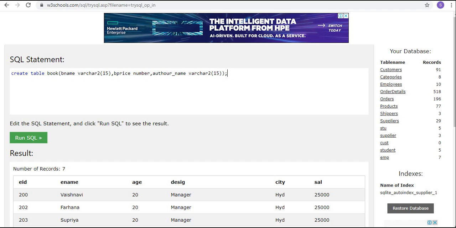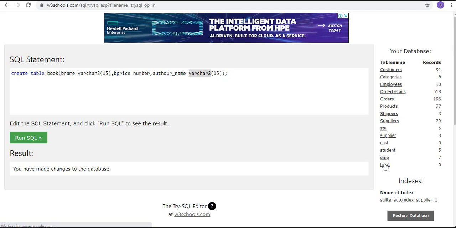So once you write create table name, then you have to write the column name and type, column name and type, and so on. You have to go with all the columns you want, and for every column you have to specify the type of value you will enter. Once you have done this, click on Run SQL and a table will be created. So this is the way to create a table. Every SQL query will start with an action that you are performing, so it starts with a verb.